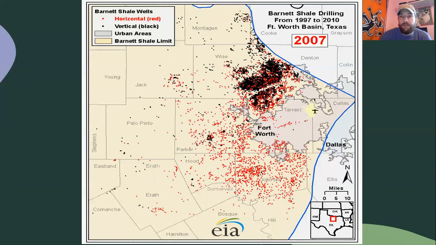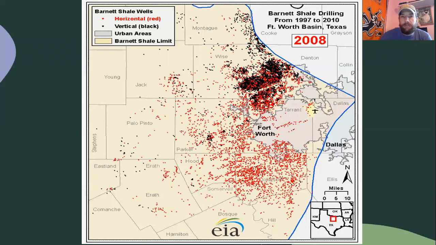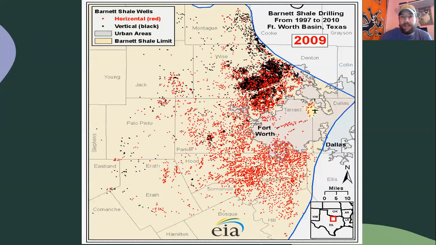Those are the horizontal fracking wells popping up. What you don't see on this is urban growth and sprawl is happening at the same time. So you have this real clash of neighborhood development, suburban development, and natural gas extraction. And that created this situation, these series of nested problems